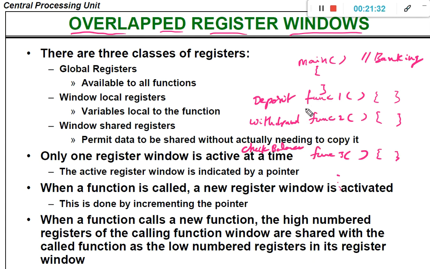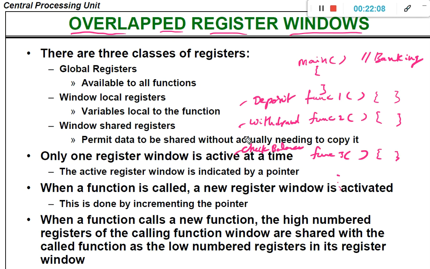Here, if you keenly observe, the main program needs to interact with all of the three functions: deposit function, withdraw function, check balance function. And the deposit function is going to interact with the check balance function. After the deposit is completed, it needs to check the balance, whether the balance has been updated or not. Similarly, after the withdrawal operation, we need to check the balance. That is why there is a relationship between the functions, and between the main function and the other functions also.